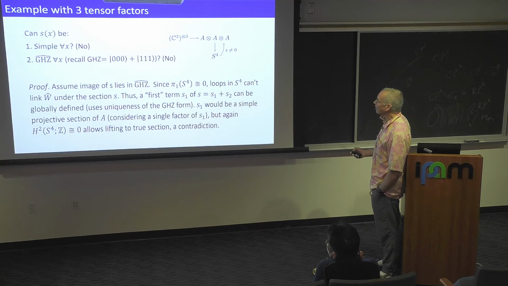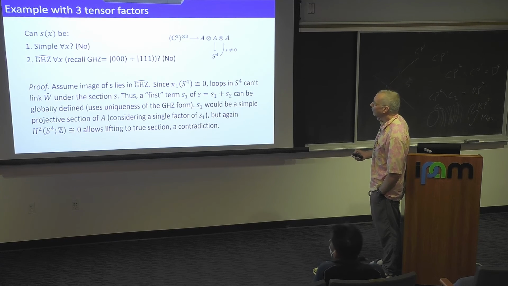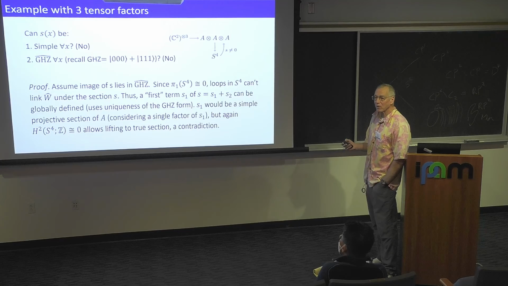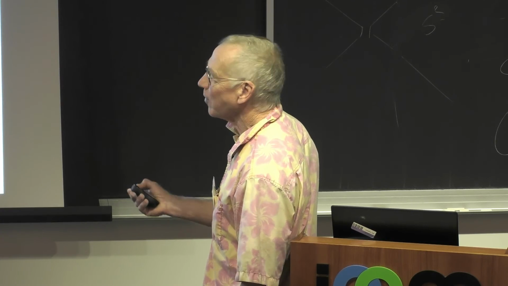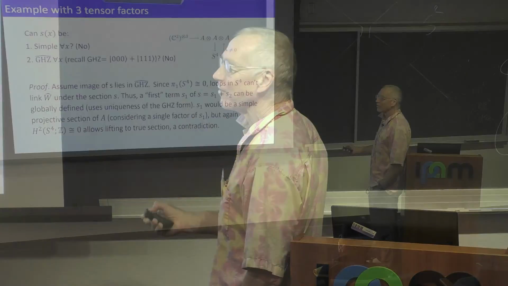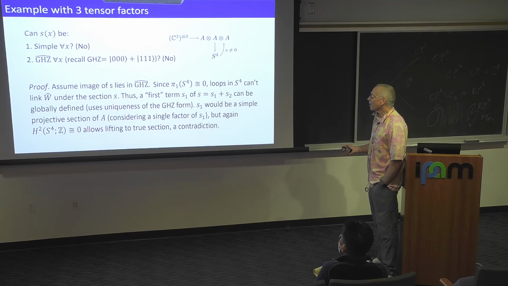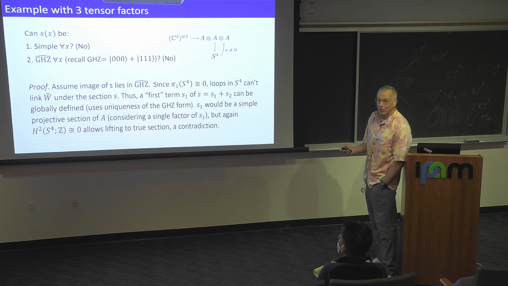The fact that no loop links the W strata — remember I told you that linking the W strata has a dynamical interpretation. You want to think of this as some kind of pump. We haven't figured out how to call this a pump yet, but if you pump around W, you'll switch factors. But if you don't go around W, no loop will switch factors.